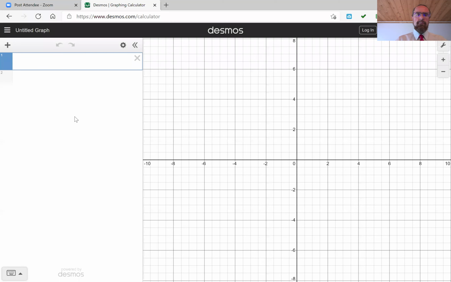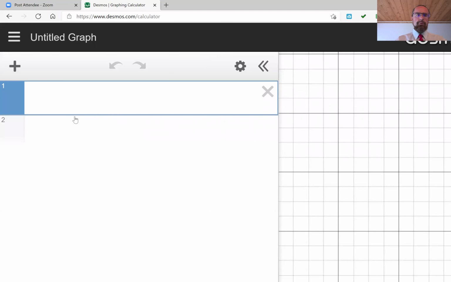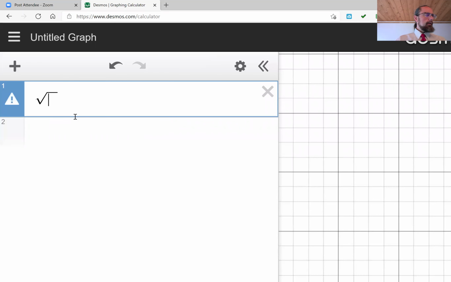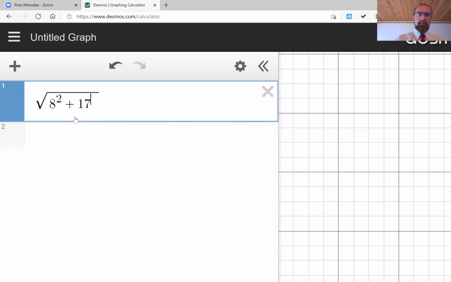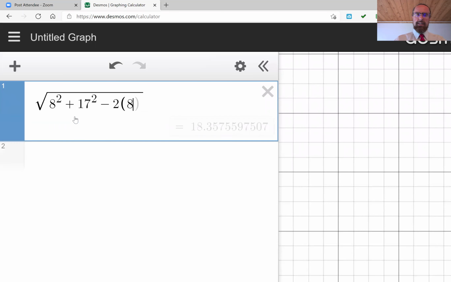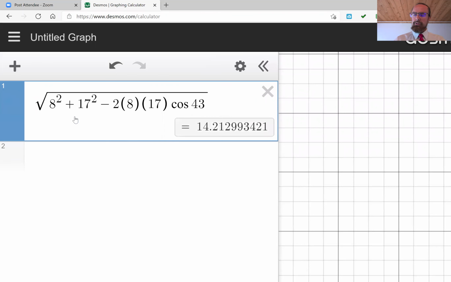So I'll start with the square root of 8 squared plus 17 squared minus 2 times 8 times 17 times cosine, and our angle was 43 degrees. One thing you do need to check, whatever calculator you're using to make the calculation, is that